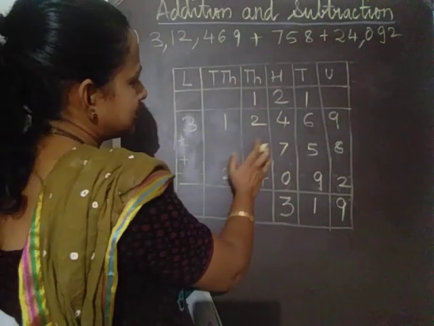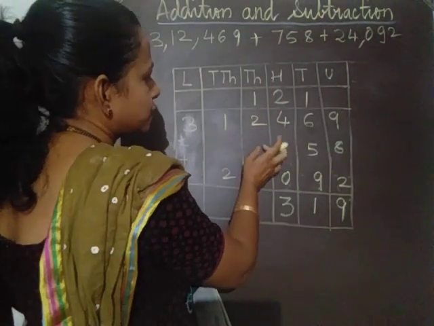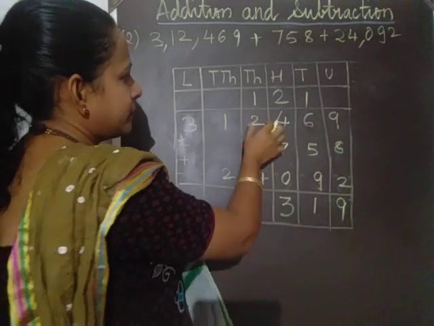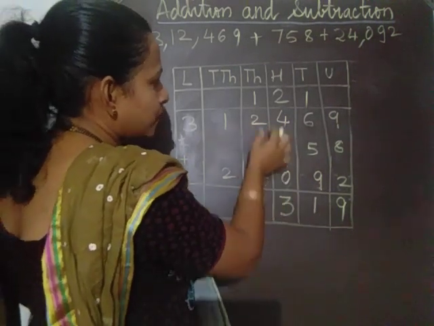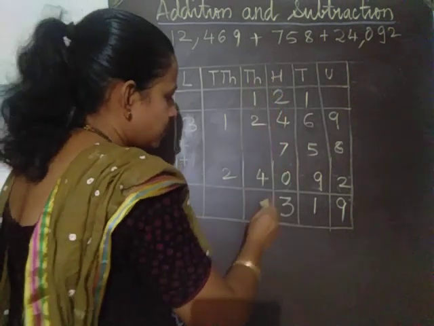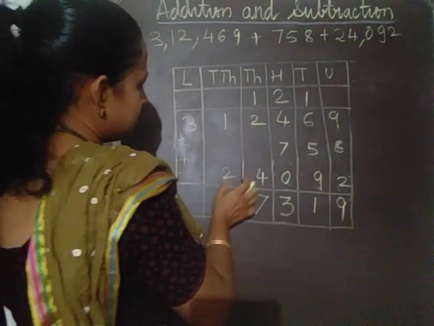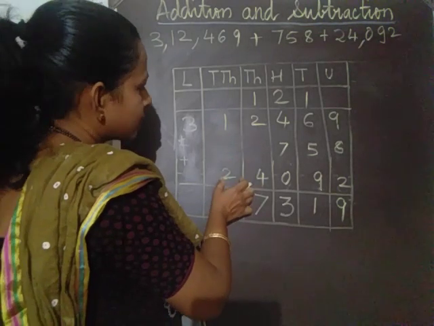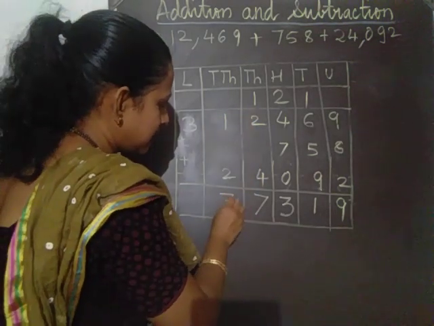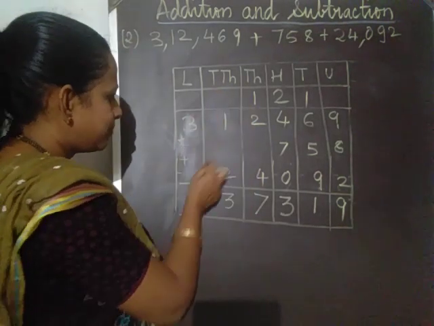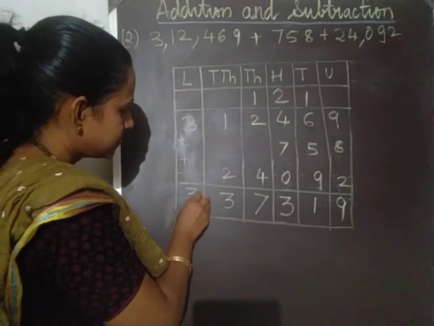Fine. Now here there is nothing in the second digit. So here there is nothing, there is 0 here. So we will add these numbers now. 4 plus 2 is equal to 6. 6 plus 1 is equal to 7. Okay. Now last one, last 2 digits are remaining. 2 plus 1 is equal to 3. Nothing is carried over. And 3 plus nothing means 3.